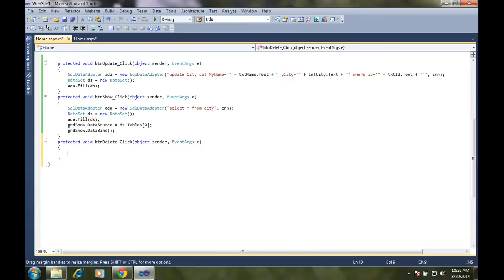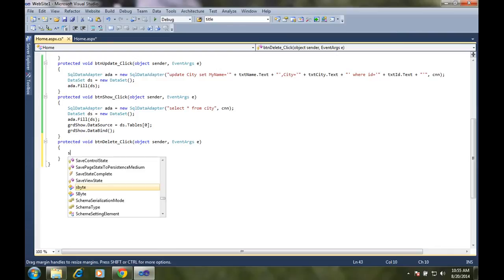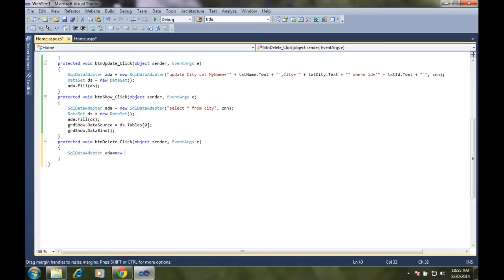This is what I said earlier, just 3 lines of code, the same lines. Here also I am going to use SqlDataAdapter, new SqlDataAdapter, data set, ds equal new DataSet. That's it guys. This 3-line code is again the same. I am not changing any code. Here we have to do the SQL part.